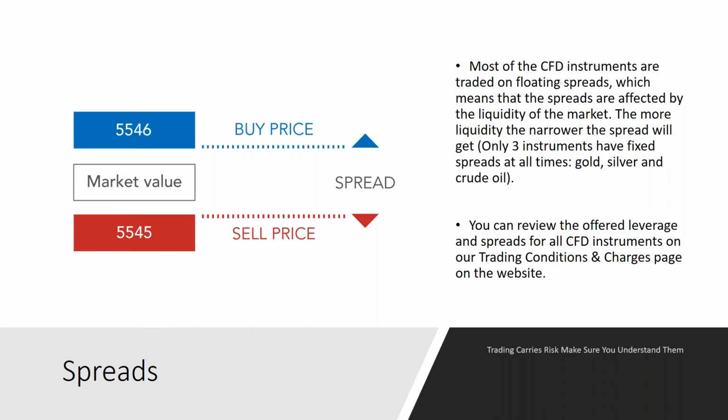Now, there is a price at which they'll sell you euros, and there's a price at which they will buy the euros from you to give you back. So when you come back from holiday and you need to convert the extra euros back into pounds, it's not the same price that you bought them for. It's a different price. It's the difference between what they're buying from you and what they're selling you.